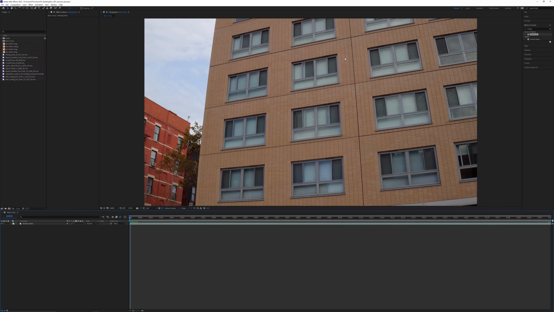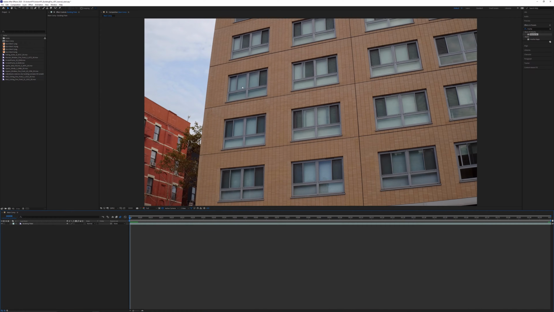You can still use the concepts that we'll go over in this video and apply them to whatever type of plate that you have, as long as they're dealing with windows, because that is basically what this tutorial is. The window fire elements, however, are essential for this tutorial, and you would have to find some equivalent. Either make your own with a simulation software such as Phoenix or Fume Effects, or check out Action VFX. The amount of time that you would spend with a sim is probably not worth the effort, and you get quite a bit of variation and choice with these window elements, so definitely check out this pack.